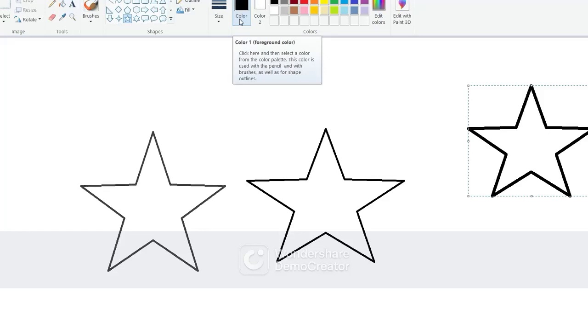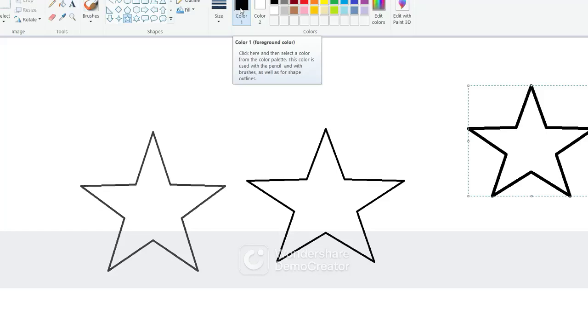Outline color means, to change the color of the outline, to change the color of the selected pencil or brush, we use foreground color. And background color will be applied to the selected closed area. For example, my foreground color is black, so you can see my star shape is drawn in the black color.